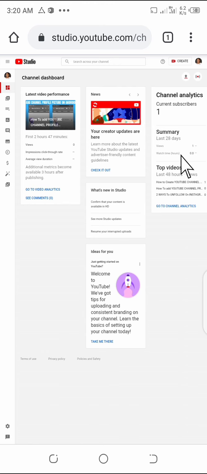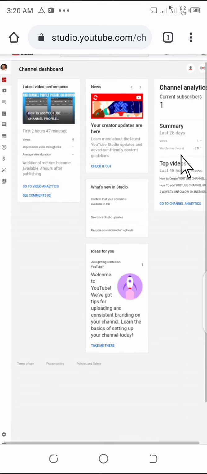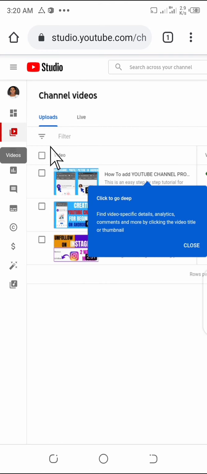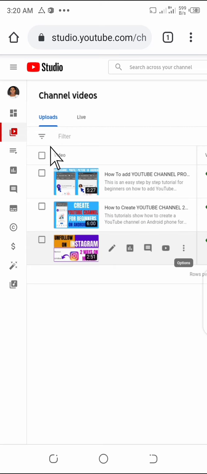So it takes you to this page. Then the next thing you're going to do is to head over to this icon here, this play icon here. You tap on it. Then it takes you to all the videos you've made, okay?